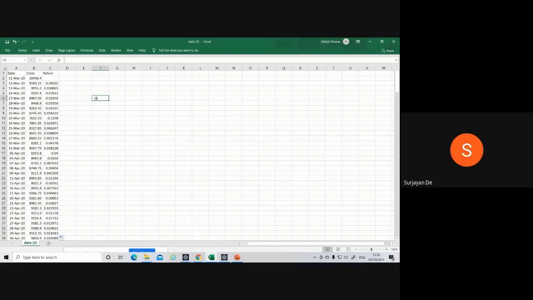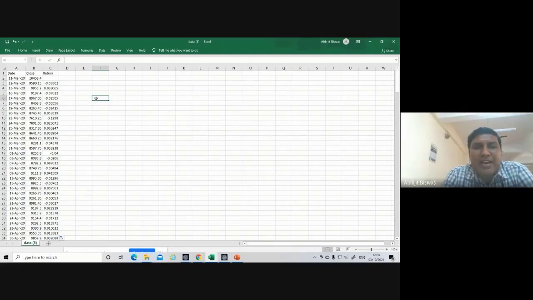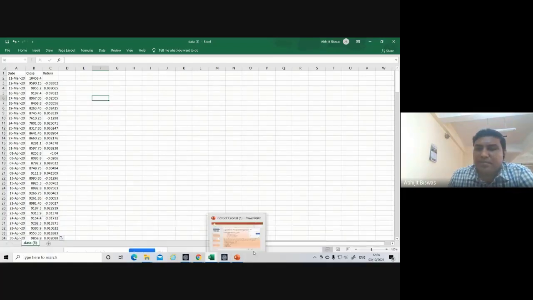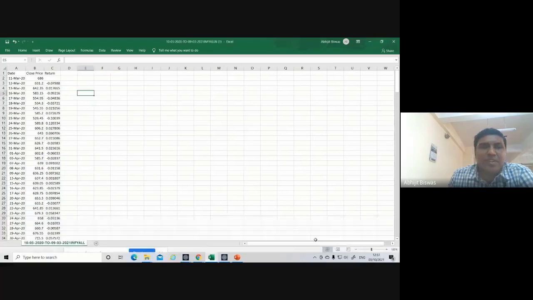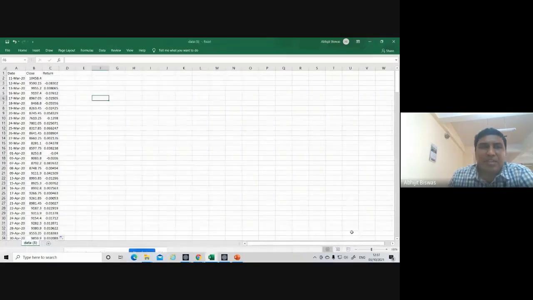Yes, sir. Now I'll have to just copy these returns in one sheet. That is Nifty return and Infosys return. And then I can calculate the beta. So let us do that. This is my Infosys return, and in another sheet I have got Nifty's return.